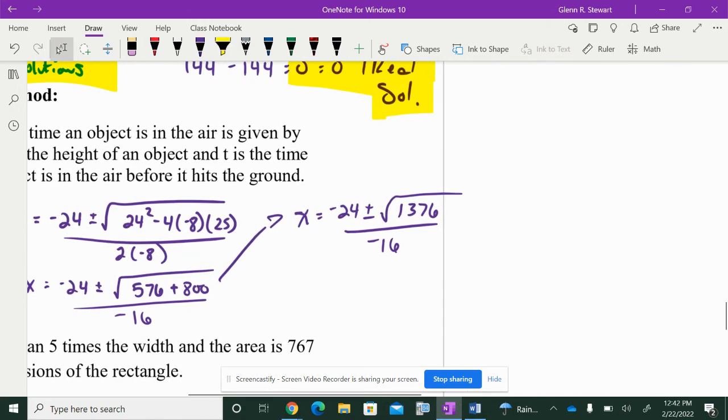Okay, so you could go 2 different routes with this. Since this is probably going to be on your calculator section, you can either do a decimal for each of these, or you could do the exact. I'm going to show you the decimal first, and I'll show you both. So essentially, negative 24 plus or minus. Actually, I'll show you the exact first. So this is going to be